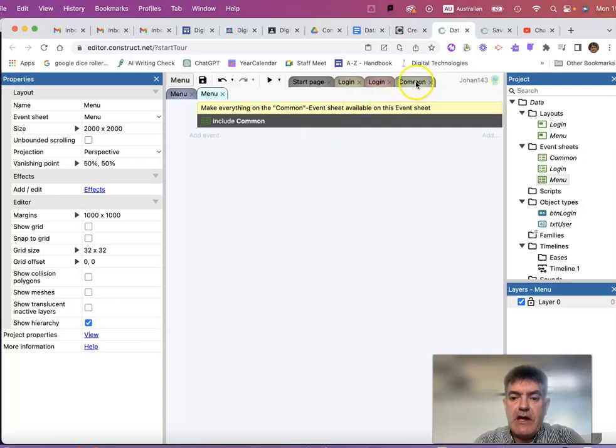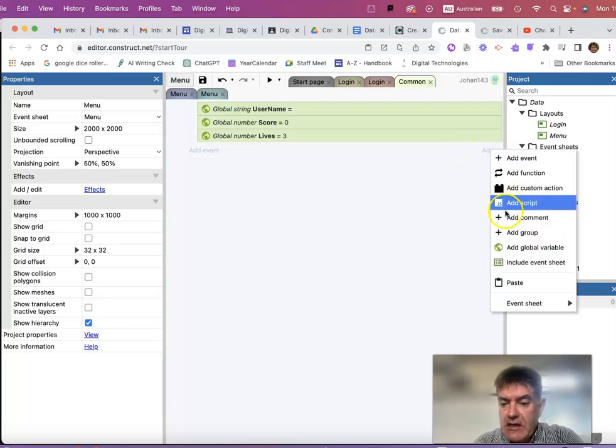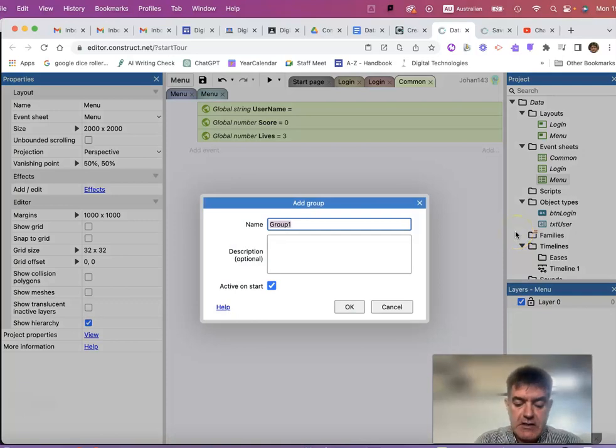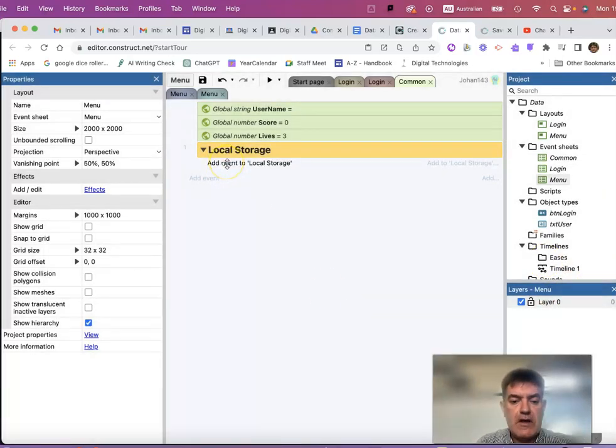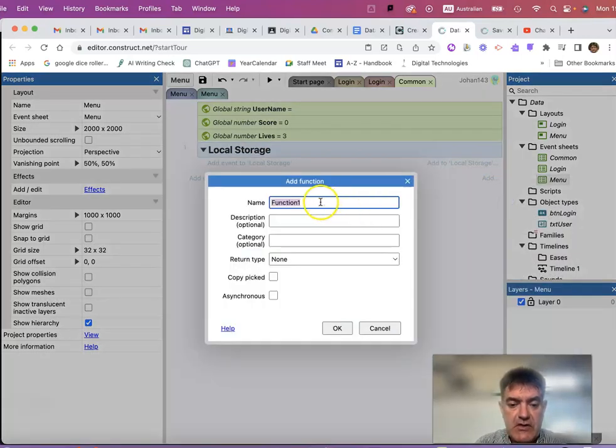Right, so now I'm back on my common, and I want to add the events for storing information and loading information. So to start out with, I'm just going to call it local storage, and I want to add a group, and I'm going to call that local storage, so that I can wrap things up. Right, now I go and add a function, which is one of the things in our specifications. So I go add a function, and the function that I call is load storage,